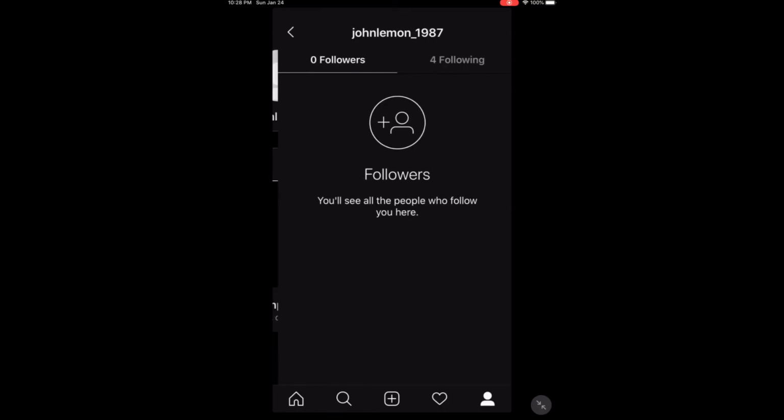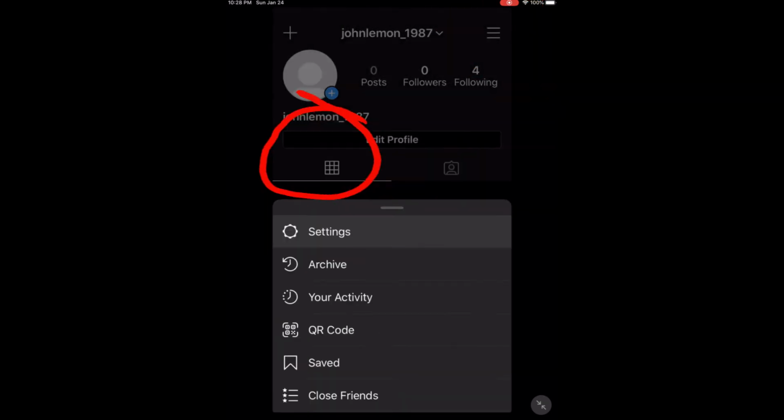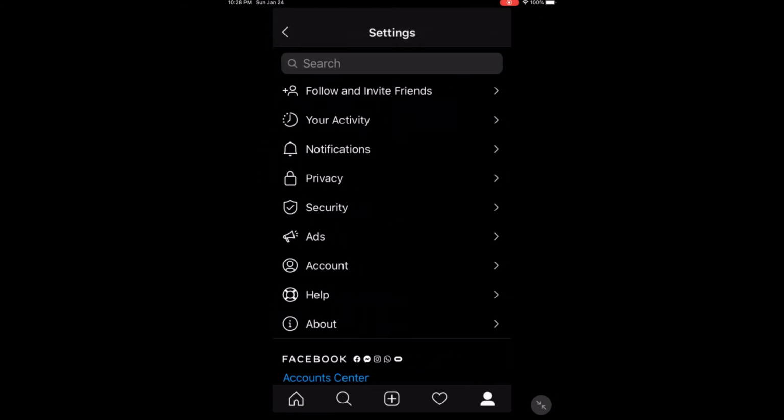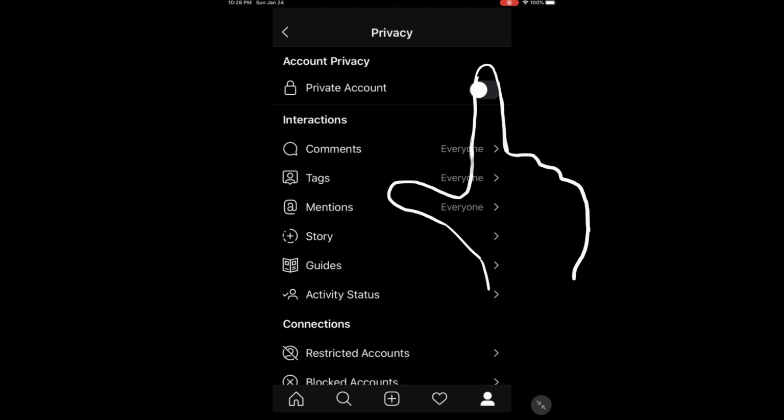Now let's take a look at our privacy setting. In the top right-hand side of the screen, you'll see those 3 horizontal lines. When you touch it, it will bring up this menu. Now touch Settings to go to this page. You'll see a lock icon that says Privacy in the list. Touch it. The most valuable option in the privacy settings is to make your account private if you wish. All you have to do is touch this white circle to activate it.